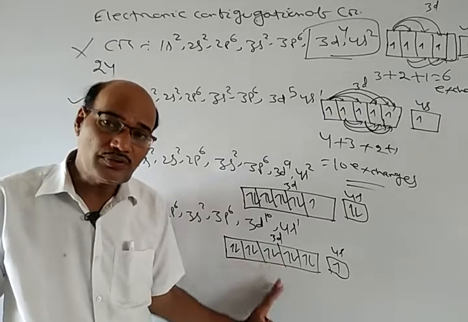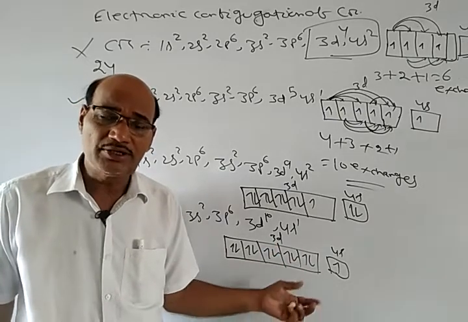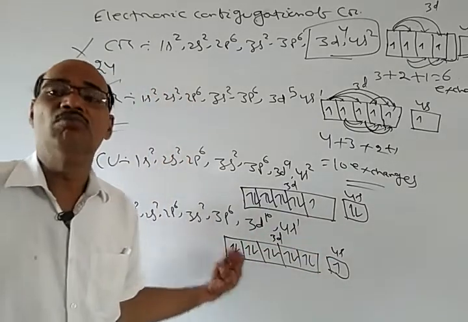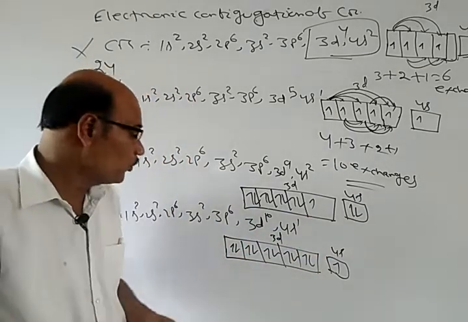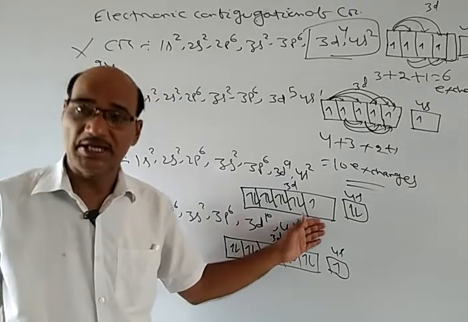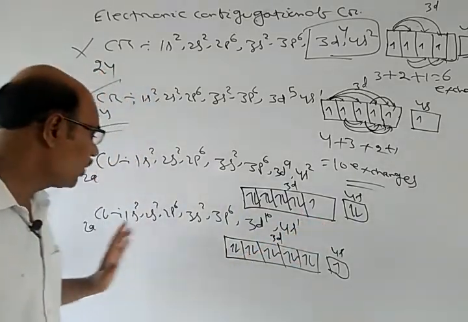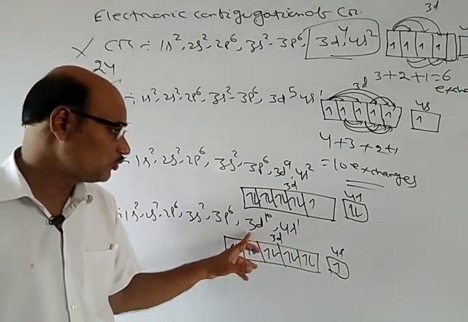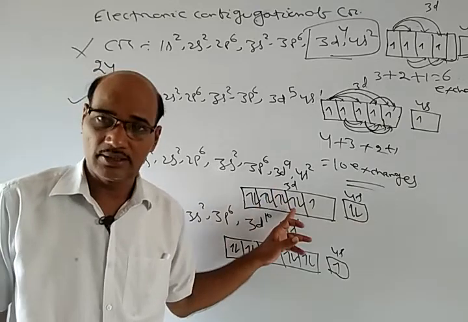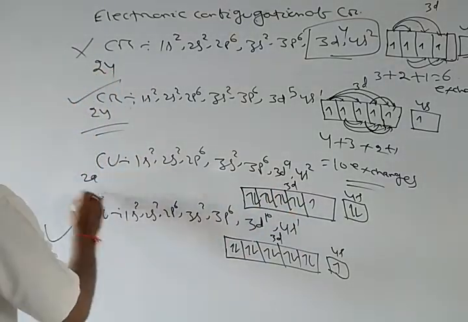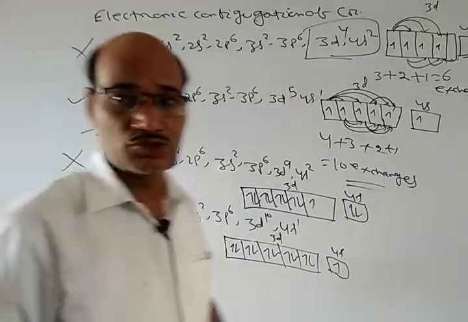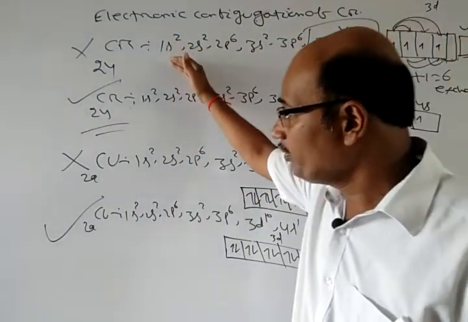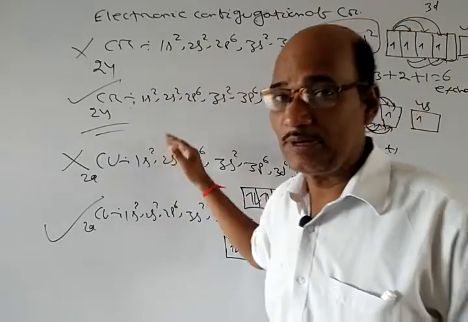So here all the electrons are paired, and the pairing energy released makes the species more stable. So here more pairing energy, here less pairing energy. That's why for copper the 4s1 3d10 configuration is the most stable as compared to 4s2 3d9. So that's why this is acceptable and this is not acceptable. Okay. So these are the reasons why the electronic configuration of chromium and copper are somewhat different.